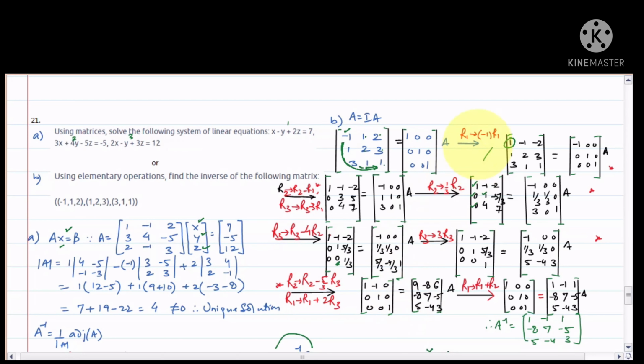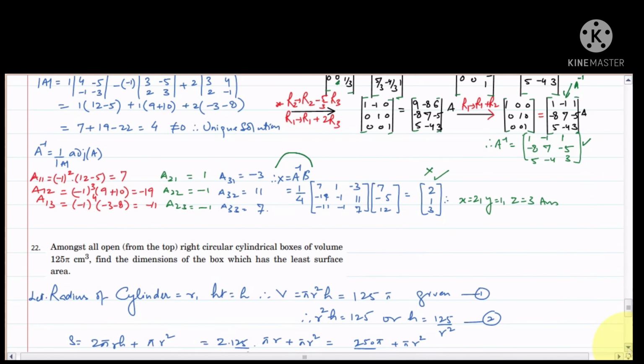So I have gone for 1 2 3 4 5 6 7 8 9 operations, and then we have got the identity matrix on the left hand side, and we have got A inverse on the right hand side. So it is the lengthy one. That means 9 operations. Definitely it will take approximately 11 minutes. So try to do it at last, and in going for these manipulations we can generate some error.